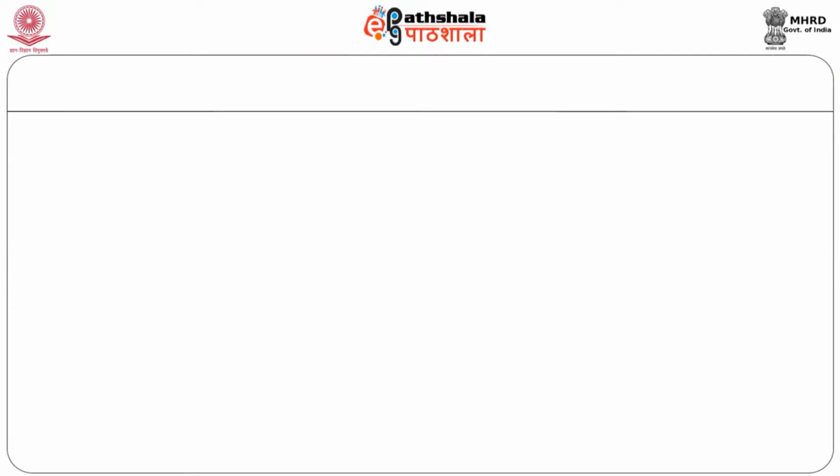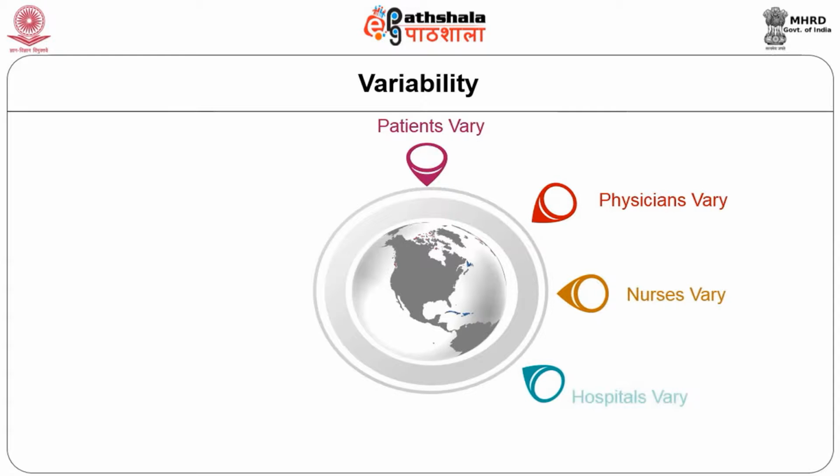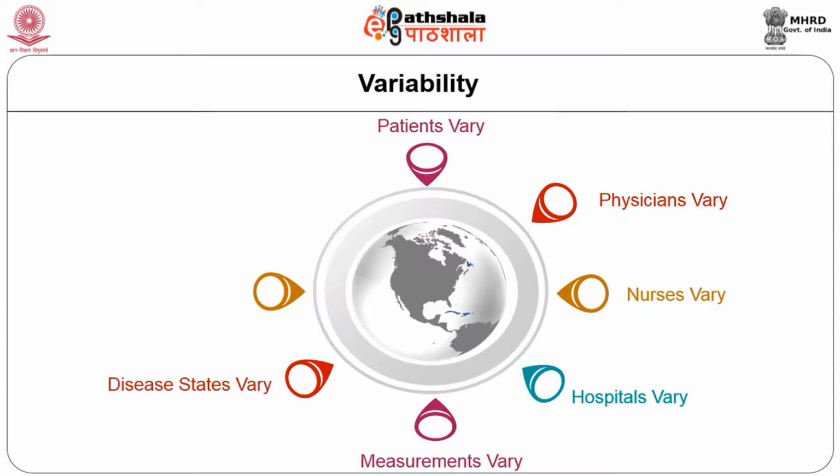Why do you need biostatistics or research methodology? Because no two individuals in this universe are the same. There exists a variation. Patients vary, physicians vary, nurses vary, hospitals vary, measurements vary, disease states vary, immune response varies, drug adherence varies, diet consumption varies between individuals. Therefore, to capture that variation, we have to use the sample and sample size and research methodology